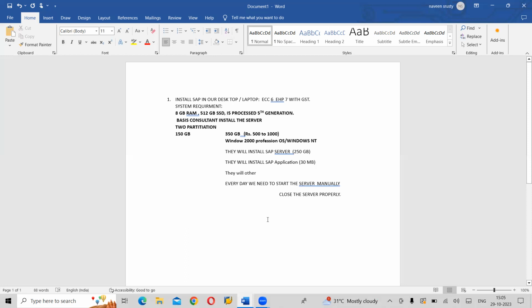Okay, so here the latest version you can't install in this particular Windows 2000. So here you have one more option, 150 GB. So a partition will be there. In the partition, they will install Windows 10 version, Windows 10 or 11, whatever it is. So here we can install our latest MS Office and all those things. Here you can't install your latest MS Office in this partition.